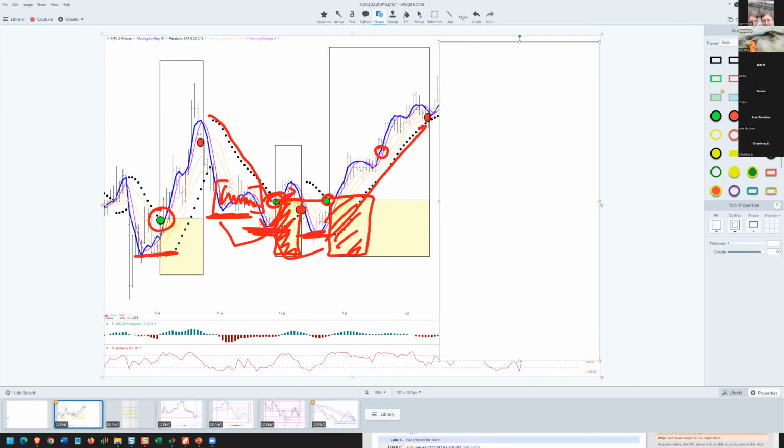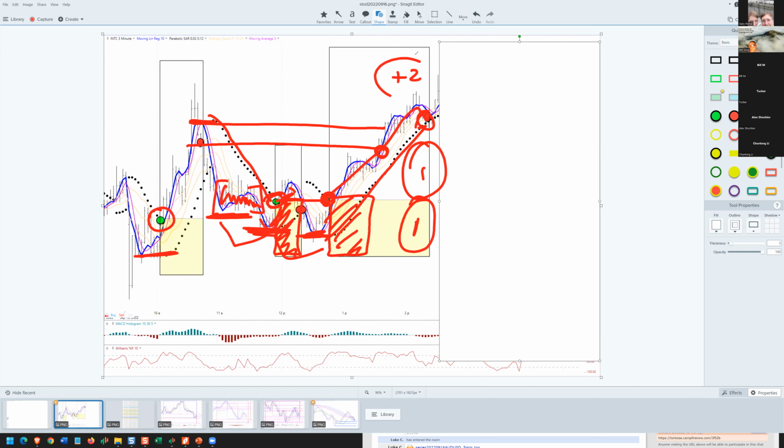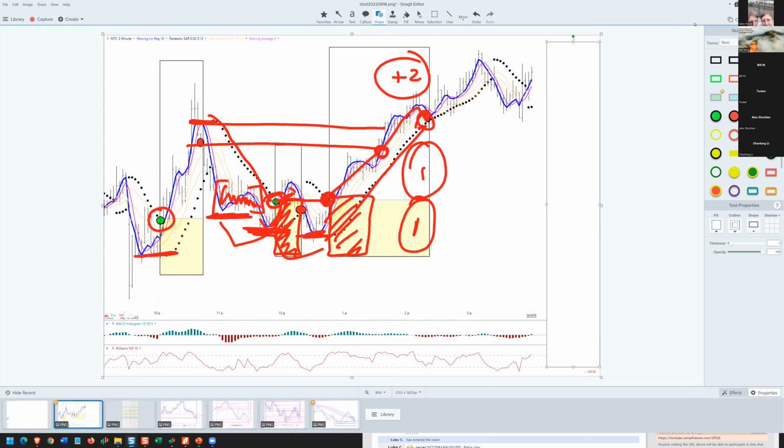This was one where I could have maybe put a second position on, but that was already so close to the previous peak that I wasn't all that interested. By this time, the rest of the market was all selling off, so I really was content just to manage one and then take the exit and be happy to get out of it. And there's 1 unit of risk, 1 unit of reward, so we're a little bit over +2 right now. And I think that's all we did in Intel. So that's one of the trades of the day.